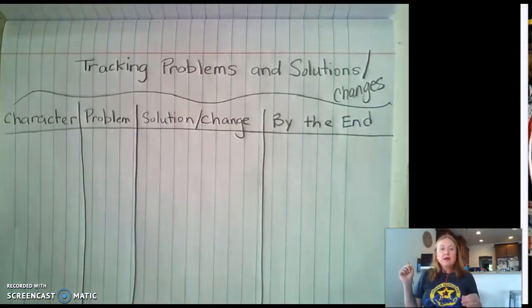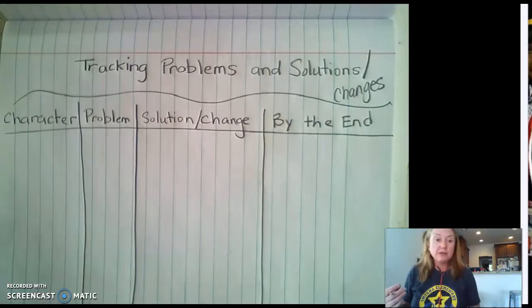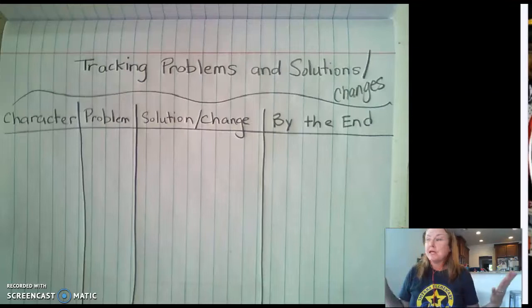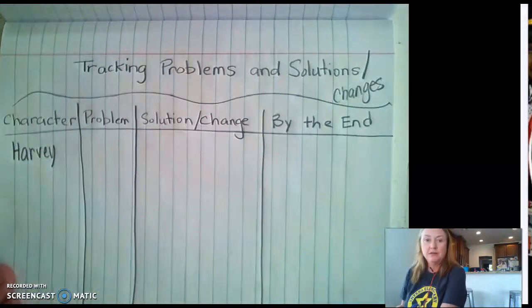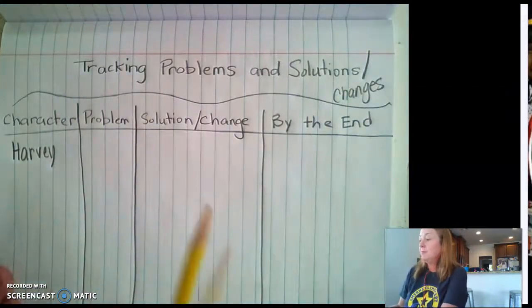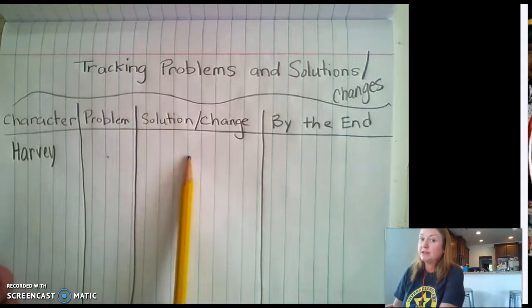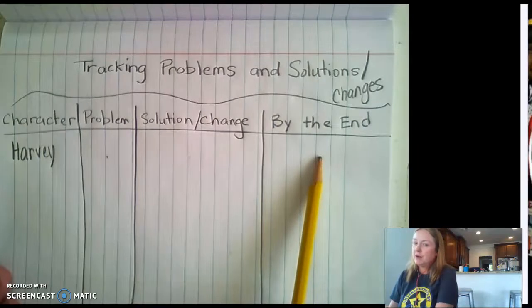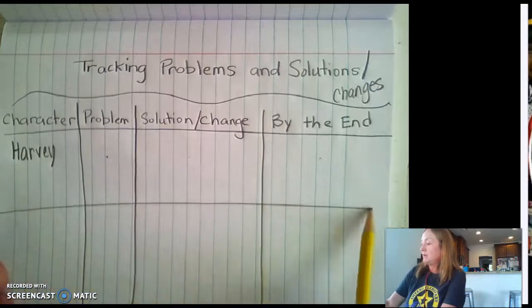Just like that. Okay, so I want you to use this graphic organizer today when you are reading your read aloud. Either A Night Divided for my guys, or The Thief of Always. Everyone is reading that. So we know that Harvey is one of the characters. So I want to see what you can do today. I want you to find a problem, something that Harvey did to try to solve the problem, and then what happened because of that? Did his problem multiply, or did it actually get solved? And you can do that for any of the characters, okay?